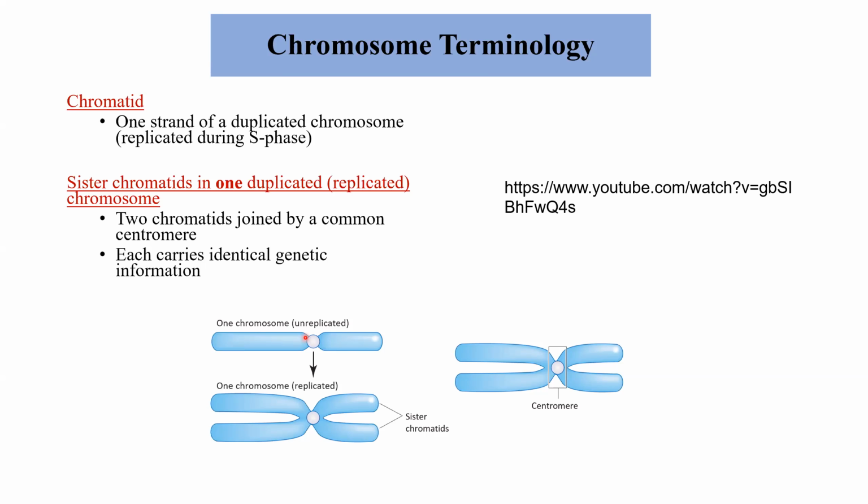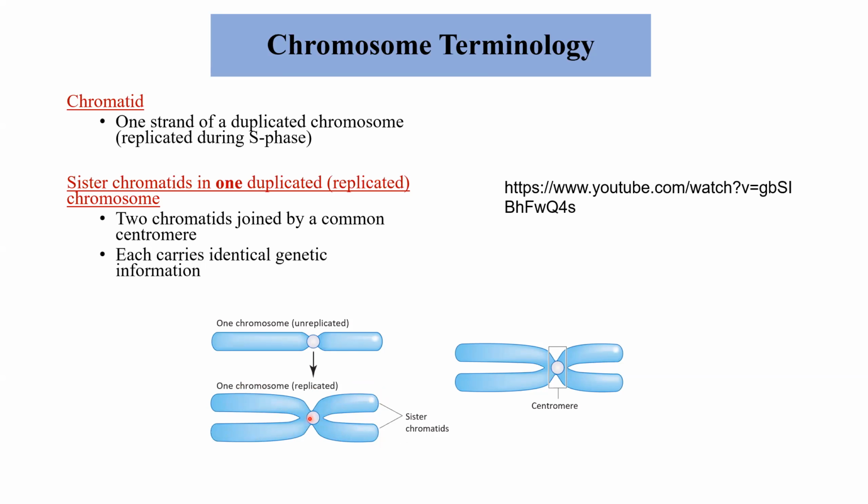And then once it goes into your S phase, this chromosome is going to be replicated. So you have your one here and one here. This is still referred to as one chromosome because there's one centromere, but here you have sister chromatids. This is two chromatids that are joined by a common centromere. And each carries